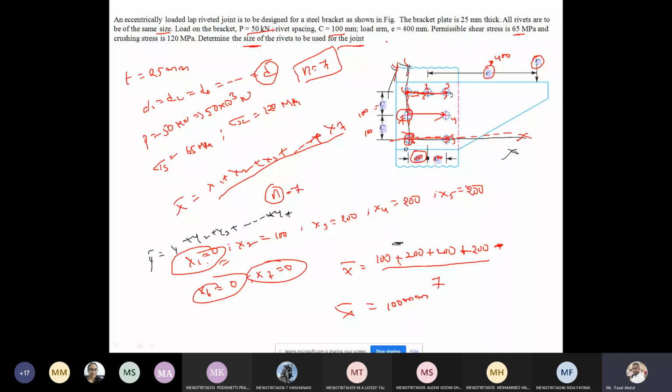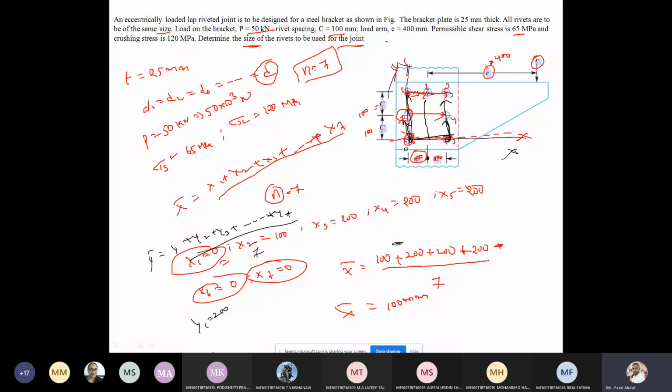up to y7 by 7. What is y1? Y distance is the vertical distance from the x axis. So y1, how much? From here to here is the y1. 100 plus 100, 200. Y1 is 200. Now what is y2? Y2 is the distance from here to here, 200. And y3 also from here to here, that is 200. And y4 is 100, y5 is 0, y6 is 0, y7 is 100.